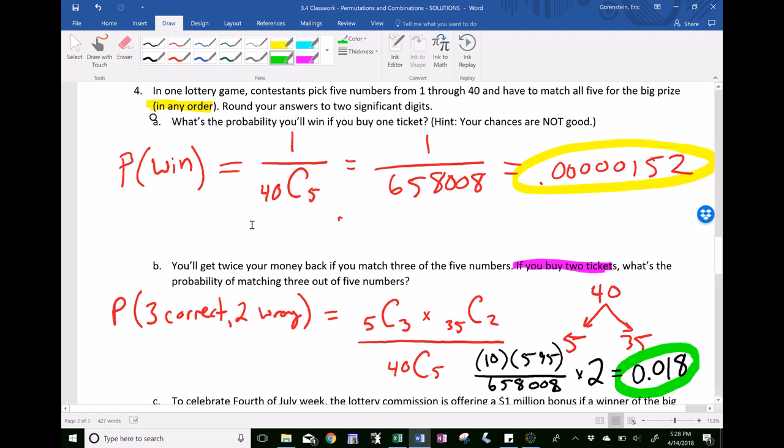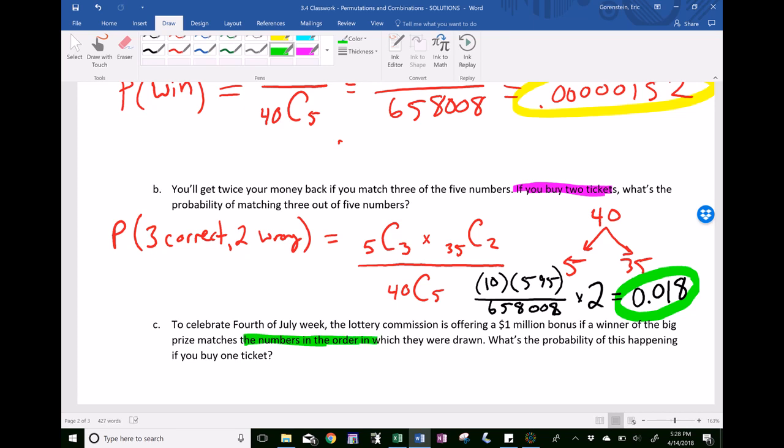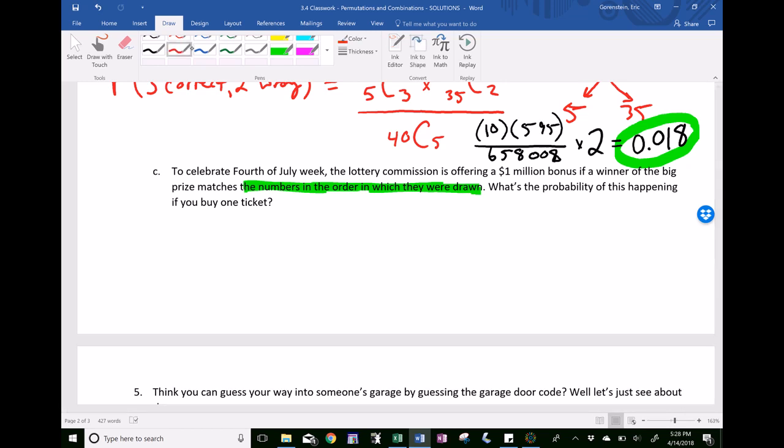Okay, and part C. So same lottery, but to celebrate 4th of July, there's a $1 million bonus if the numbers are chosen in the order which they were drawn. That means now order matters, so this is a permutation. So what's the probability of winning if we need all 5 numbers in the correct order? Again, there's only one way that could happen. One winning ticket. Out of all the possible tickets you could buy, which is